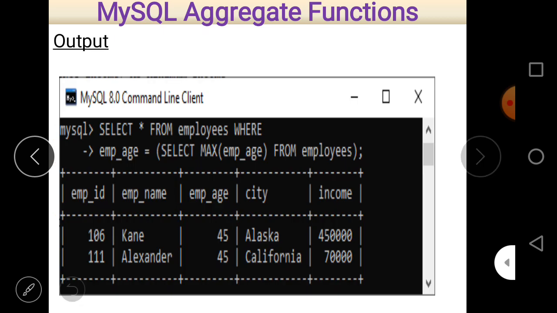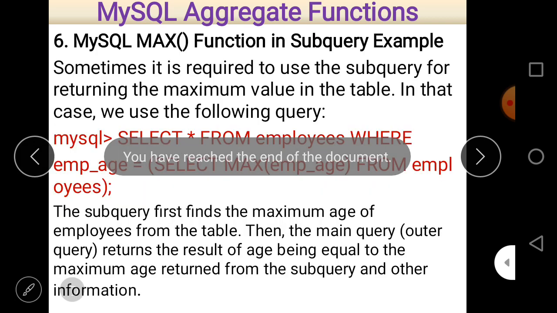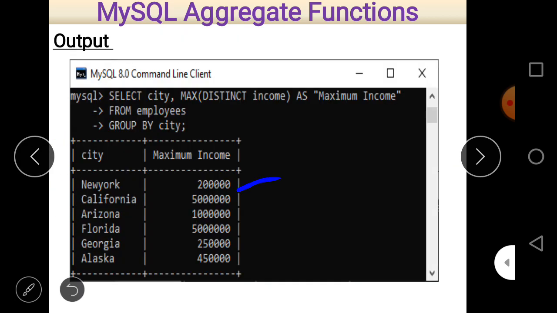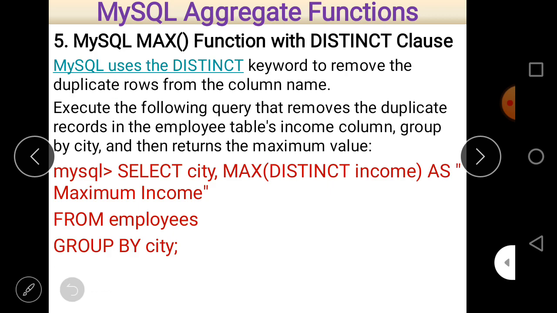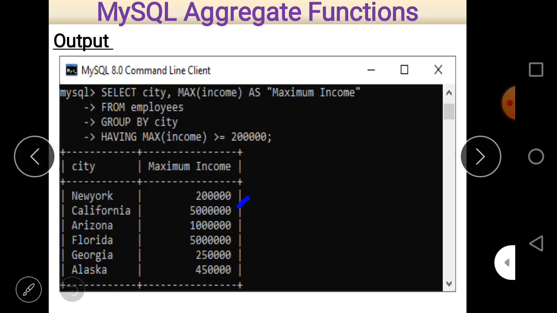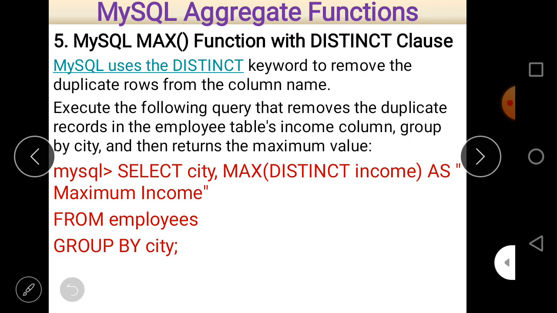So this is the maximum income here, and because we use the distinct clause, it takes a value only a single time. Different values are considered, duplicate values are not considered, or duplicate values are considered as a single unit. If there is duplication, only single values are considered. That is the purpose of the distinct clause here.